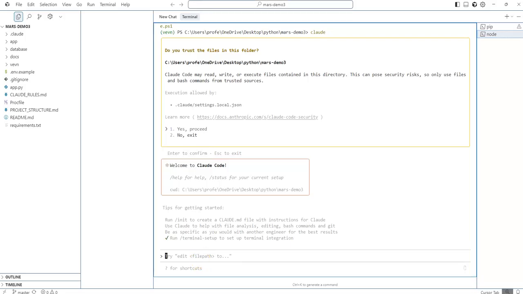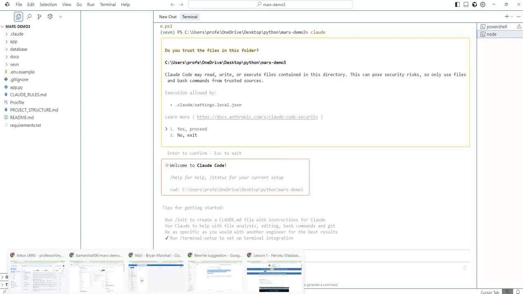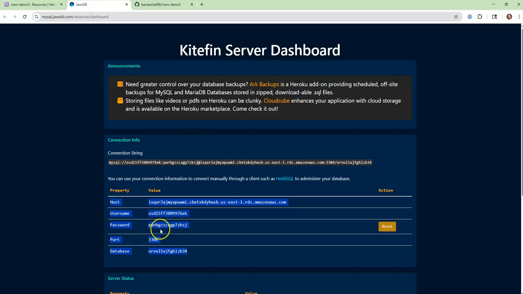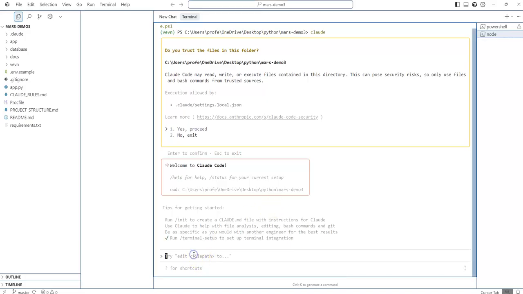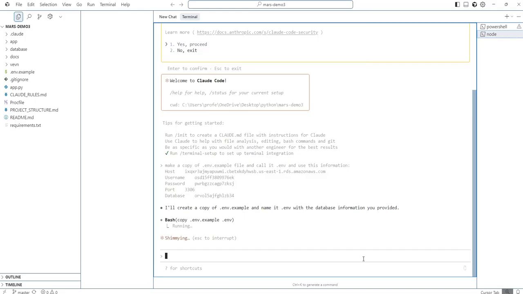And I'm going to take the data from the passwords and stuff that I got in here. Let me just show you real quick. We'll click. It is right here. I'm just going to take this information right here, and I'm going to put it into Cursor. So I'm going to come over here, and I'm going to say, make a copy of the .env example file and call it .env and use this information. And I'm just going to paste it in, which is just a right click. And I'm going to hit enter, and it's going to take my connection information,